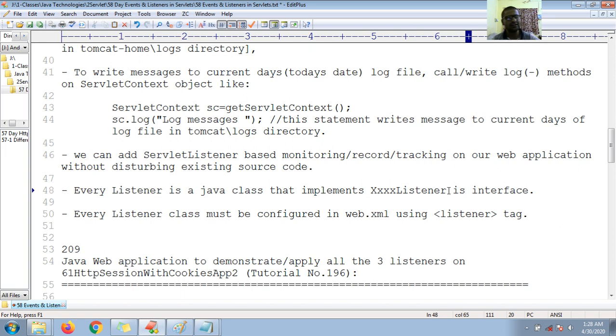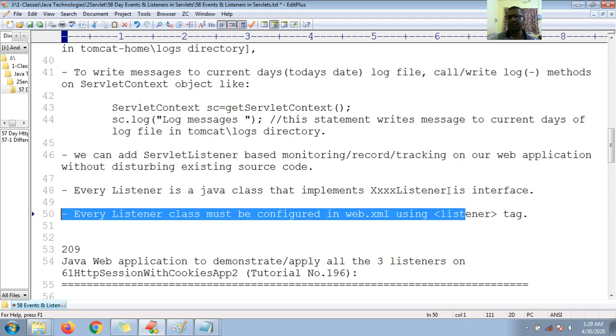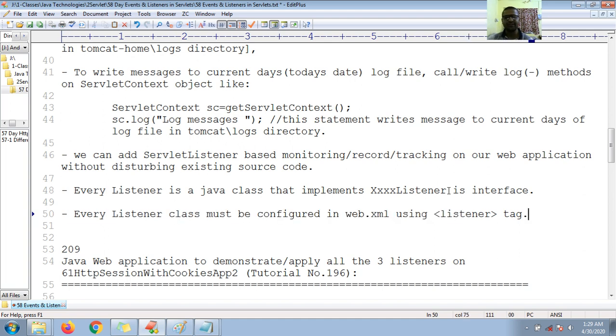XXXListener is an interface. And every listener must be configured in the web.xml file using the listener tag.